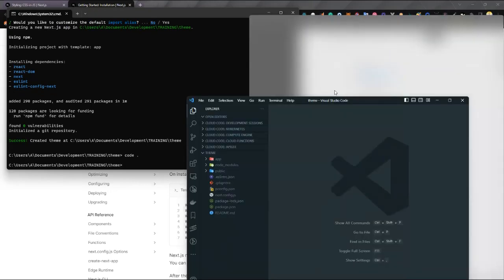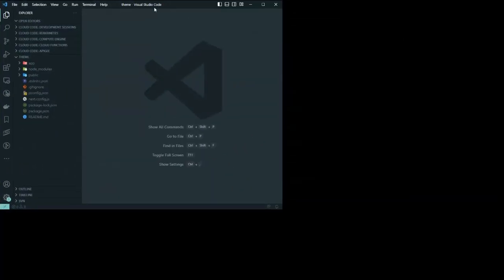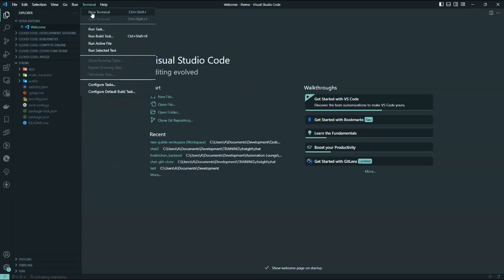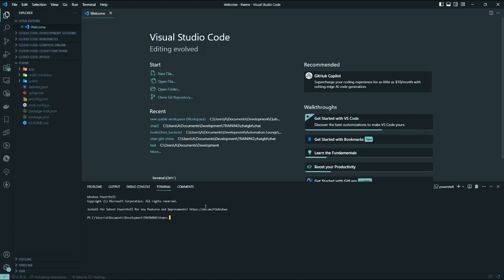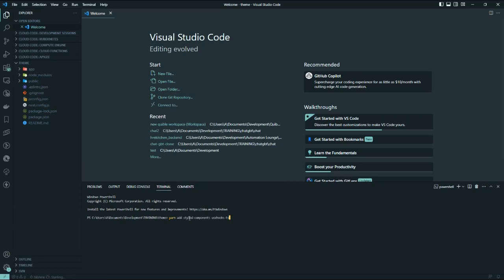So here it is, and then we need to add some packages. The packages we're going to be using are styled-components and the useHooks-ts. We're going to be using this to manage our theme and switching between the theme in the local storage. So let's install this,